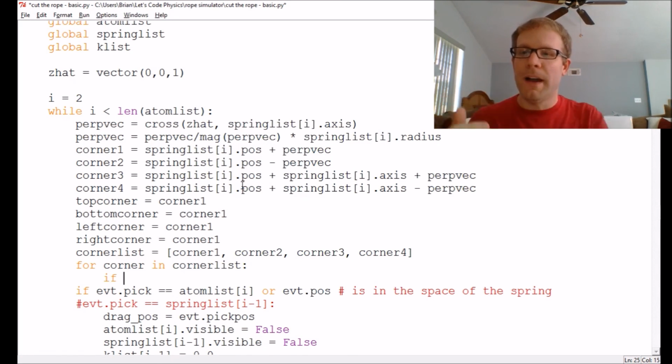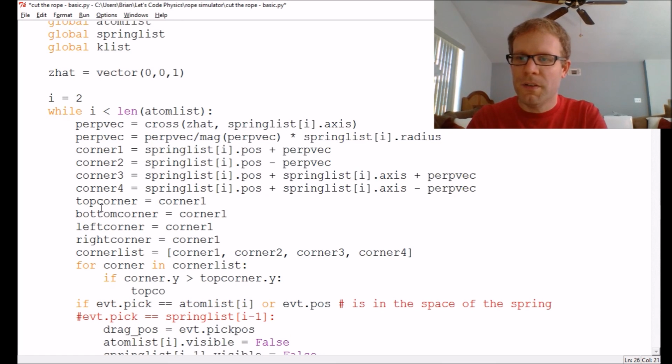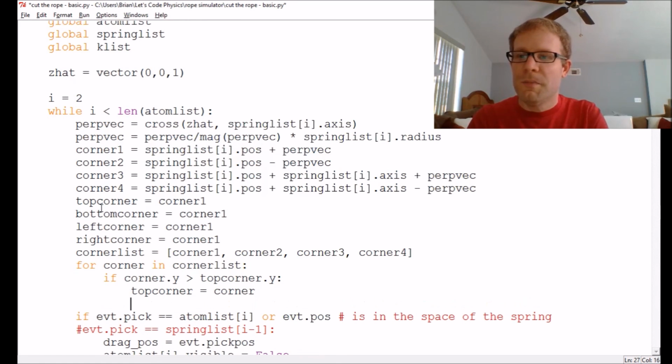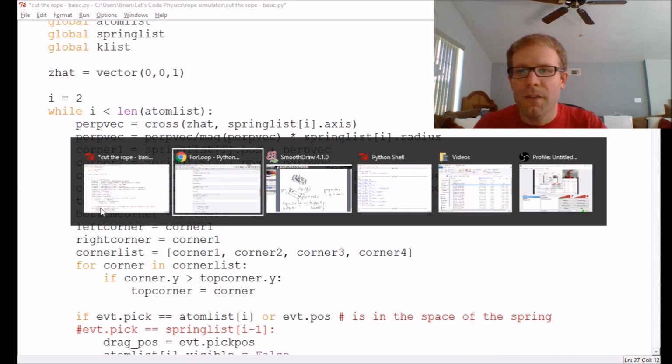Okay, so let's take a look at the top corner first. So if corner.y is greater than top_corner.y, then you need to make top_corner equal to the current corner. Okay, so basically what this is saying is the corner that you're looking at, like let's say for example that